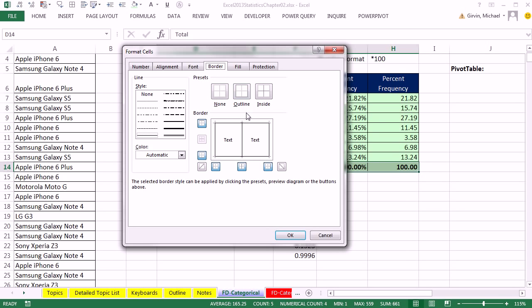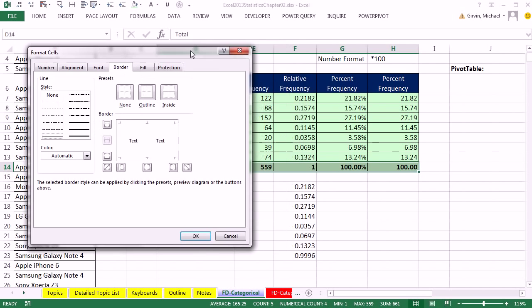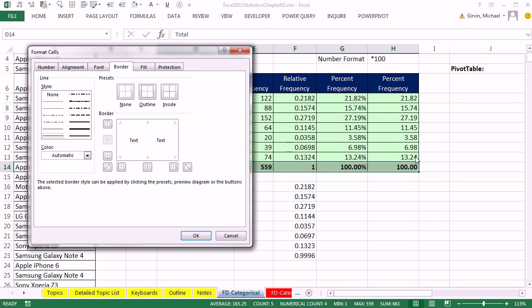Now by default, it comes with an outline. And I'm going to clear this. And what an outline means is notice we have something highlighted here, and there's some lines inside the outline. So if I click Outline, it's only the outside. Only the outside's edges would get lines here, nothing inside. As soon as I click Inside, that means it does inside as well.